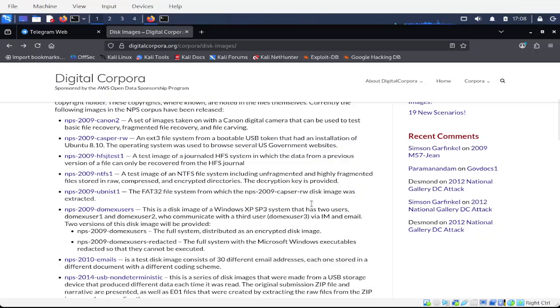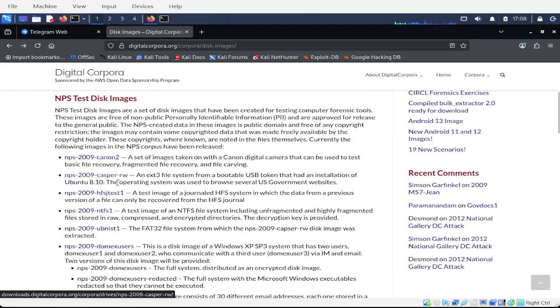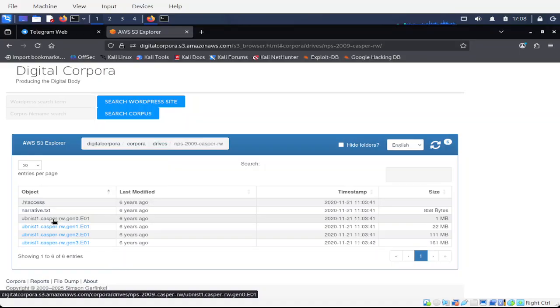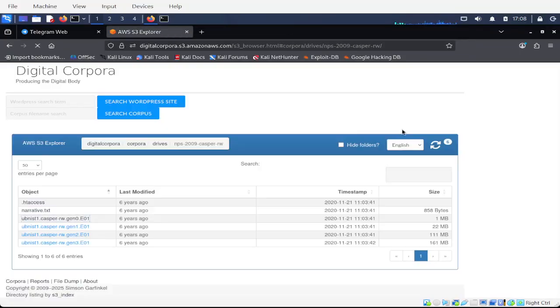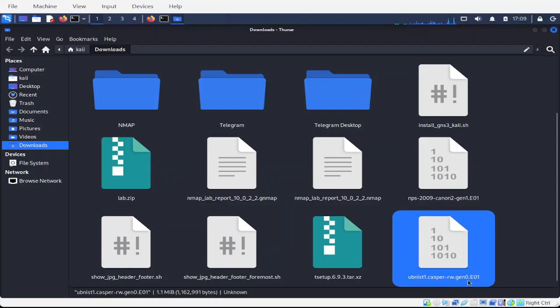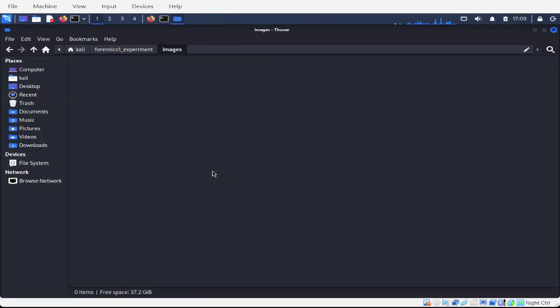The next step is to go to the Digital Corpora website and download the image. There are various images available. This time we'll be downloading the Casper image. In Casper we have different images, so let's download the first one. This image I'll put in my images folder,